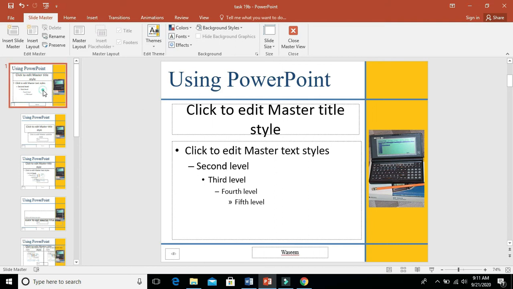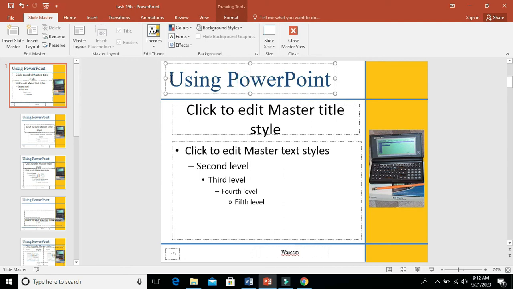Now look at this, I have inserted the image only in the first slide. Okay, it is reflecting in all the slides. Can you notice? For example, if you insert this image in the second slide, it will not reflect in all the slides. Therefore, any design, any object, if you want to insert, you need to do it in the slide master only, in slide number 1.